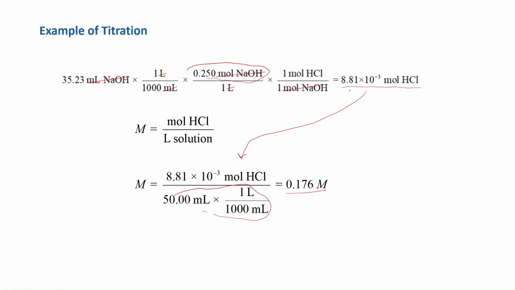You could ask in here, how do I have 3 significant figures? My first number had 4. Well, the molarity had only 3 significant figures. So you carry 3 significant figures all along, and your answer has 3 significant figures. This is very simple. Some of you, and we'll cover that because we'll do a lot of titrations in college